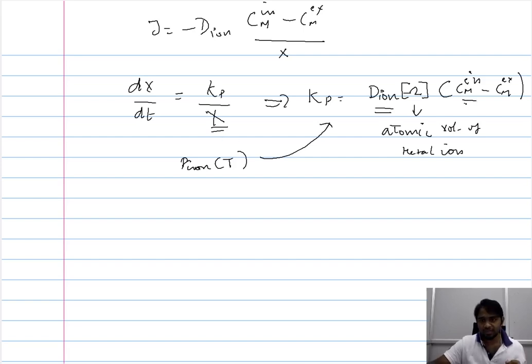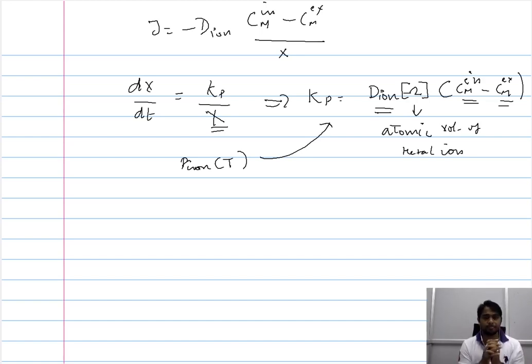And these terms are material constants. They depend on the material and they also depend on the environment. Now the only term that could be dependent on the temperature, again the atomic volume is also a material constant. So the term that could be influenced by the temperature is the diffusivity. The influence of temperature on the parabolic oxidation rate is rather straightforward. With the increase in temperature, the diffusivity of ions within the metal oxide proportionately increases, thereby enhancing the rate of